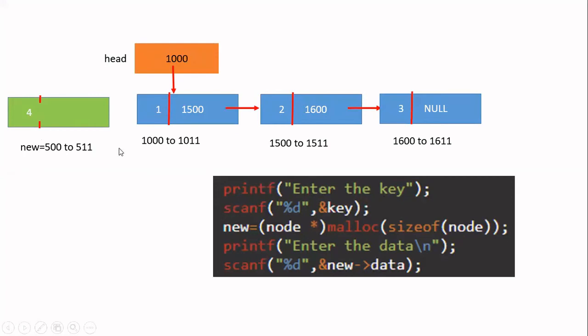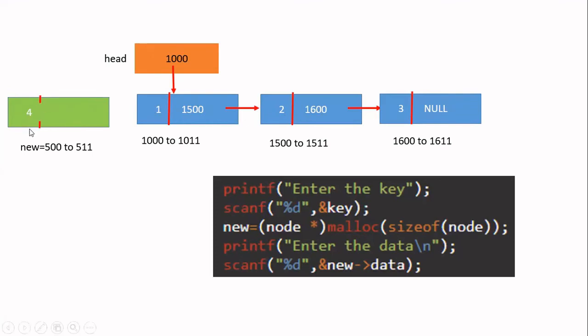Okay. Then you create the memory for the new node by means of malloc. After that, get the value of the new node from the user. That is this 4 I am getting. After these statements are executed, this green color node will be created. Now you see, I am not storing the link field of the new node as null. The reason is I am not going to insert this at the end of the linked list. I'll be inserting this after a node, but I don't know whether this will be the last node or not.